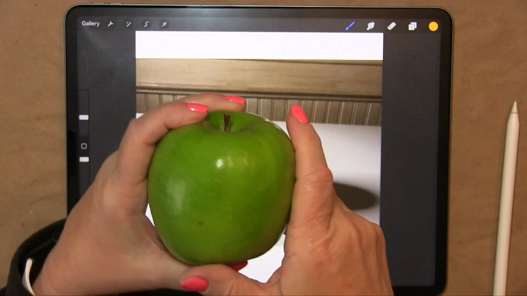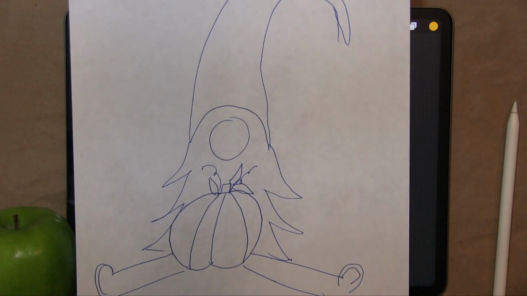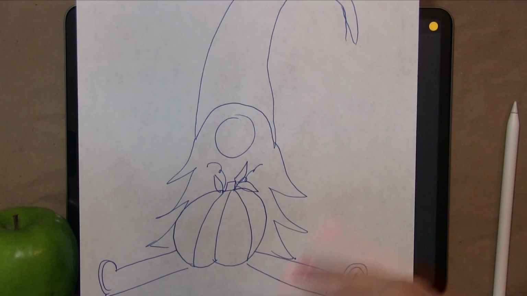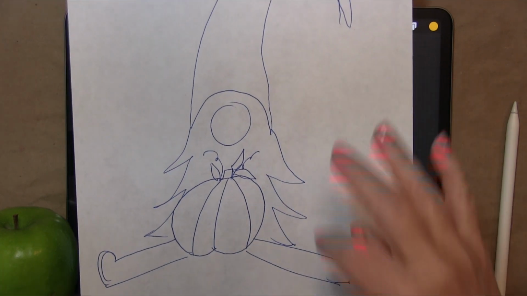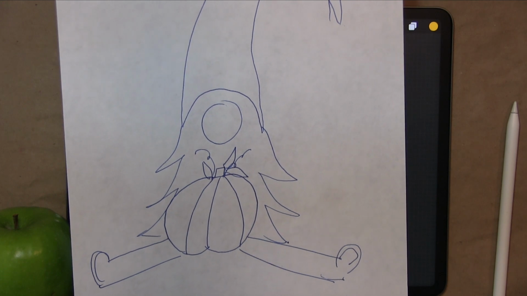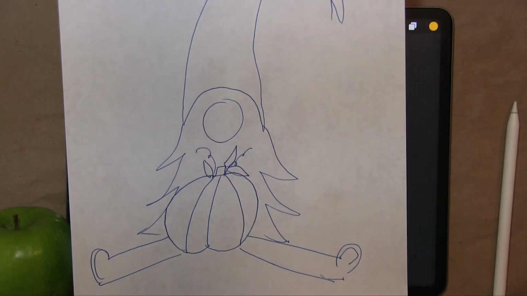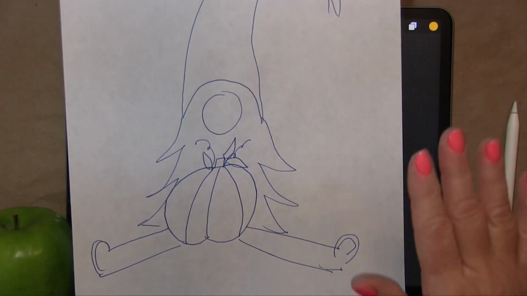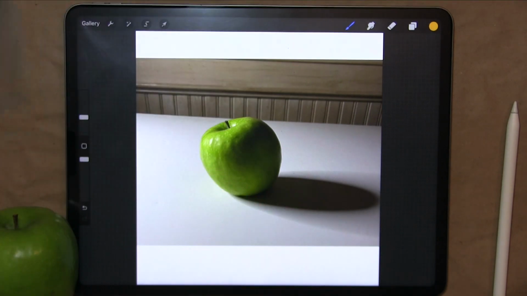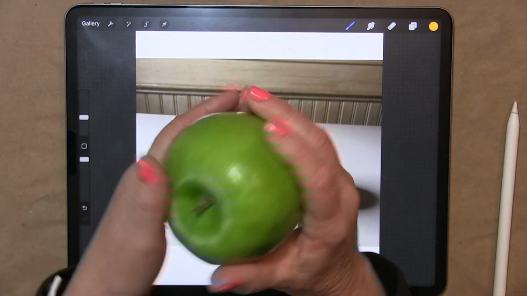When we draw, a lot of times, we draw things that are super flat. This is one of my sketches that I am going to do a marker drawing of. He's a goofy little gnome guy. I may add some more, may change him up just a little bit. Anyway, everything is very flat. What we're trying to learn today is how to take something that's just a flat drawing and make it three-dimensional. Make it feel like it's